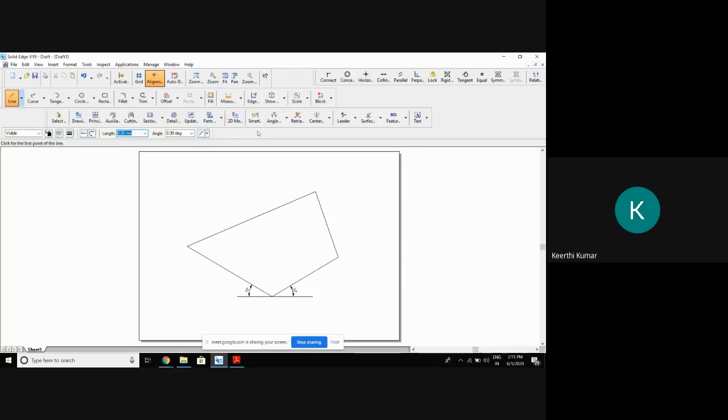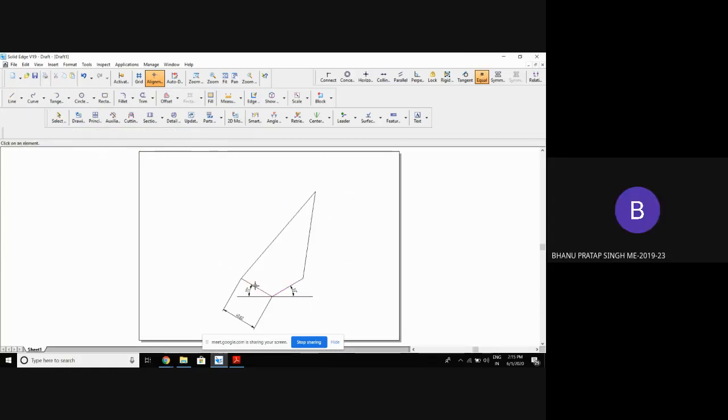What is the size of the square required? I'll show you. The original dimension is 50. You multiply it by 0.8164. With the help of a calculator, you calculate 50 into 0.8164 and try to draw the line at an angle of 30 degree, thin line. Clear? Then what should this length be? Same, sir. 40.8. So again here also, this side at 30 degree, 40.82 you draw. Again this one 40.82, this one 40.82 you draw.